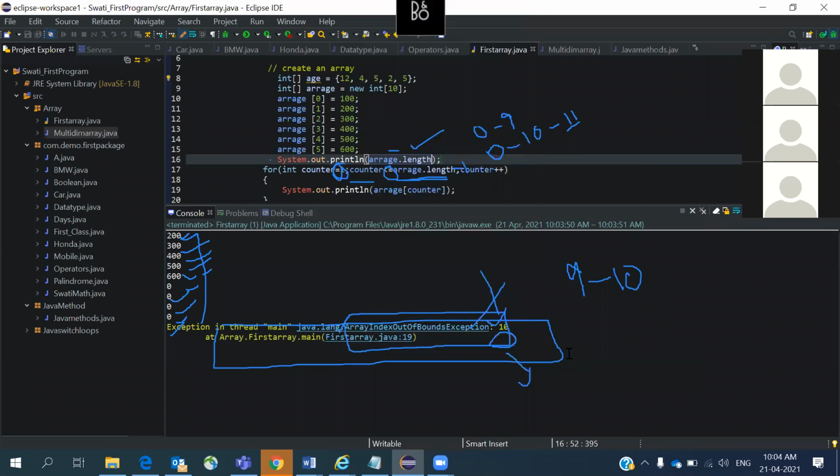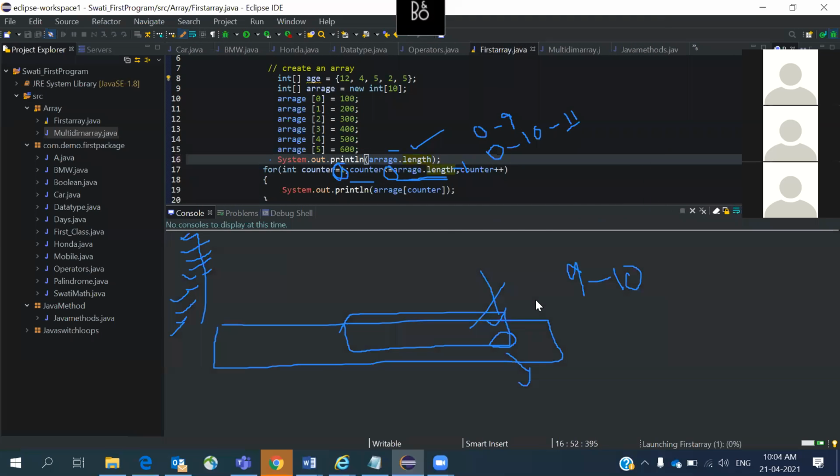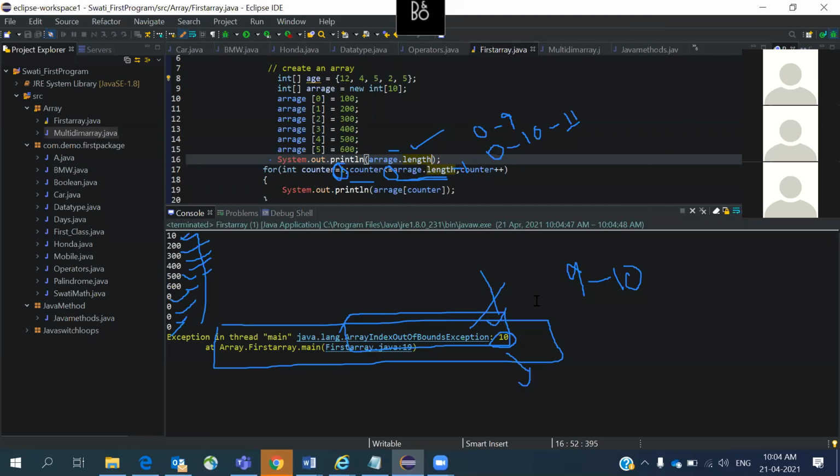Whenever you have a doubt, you can do this. You are running it as run from configuration, that's where you are going to the configuration. You need to directly run it. If you see the first value, it was printing 10. The size of the array is 10, but the loop iteration was going for the 11th time and failing. So now just remove that equal to and then run it.